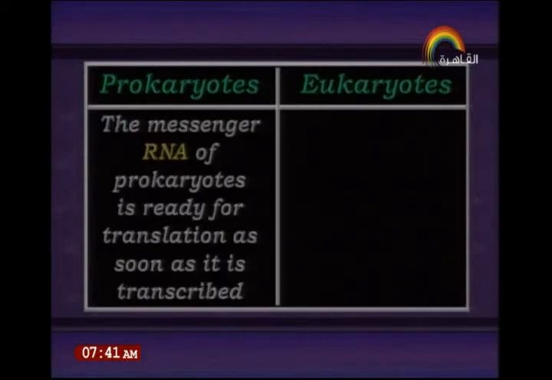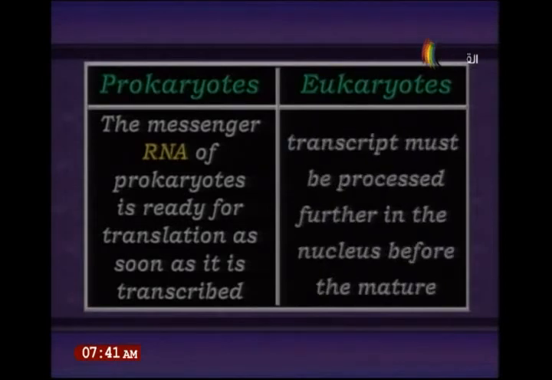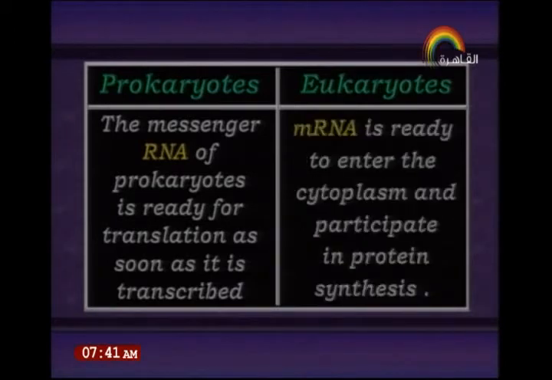The messenger RNA of prokaryotes is ready for translation as soon as it's transcribed. But in eukaryotes, the original mRNA transcribed must be processed further in the nucleus before the mature mRNA is ready to enter the cytoplasm and participate